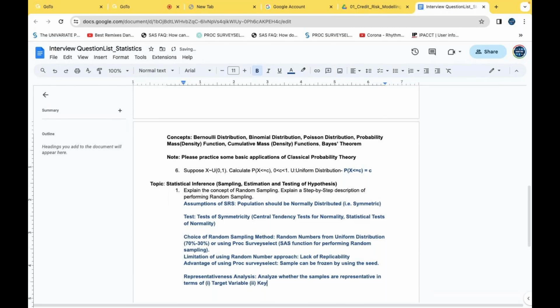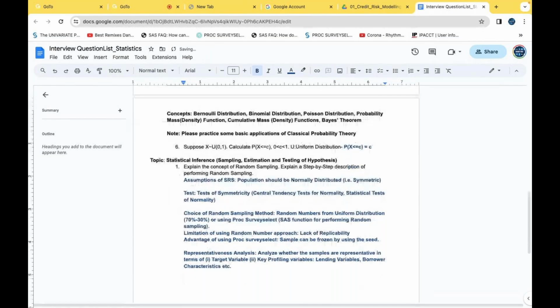And then, key profiling variables. There are some key variables such as lending variables, like loan product variables, and borrower characteristics, etc. Now there is another thing, which is creating a balanced or an unbalanced sample,